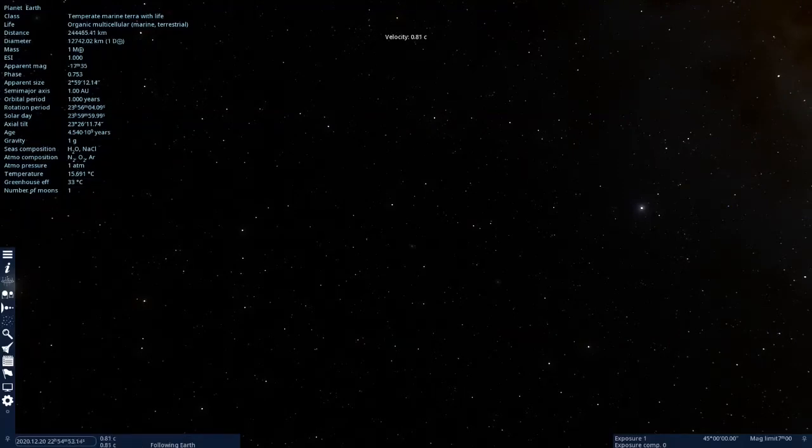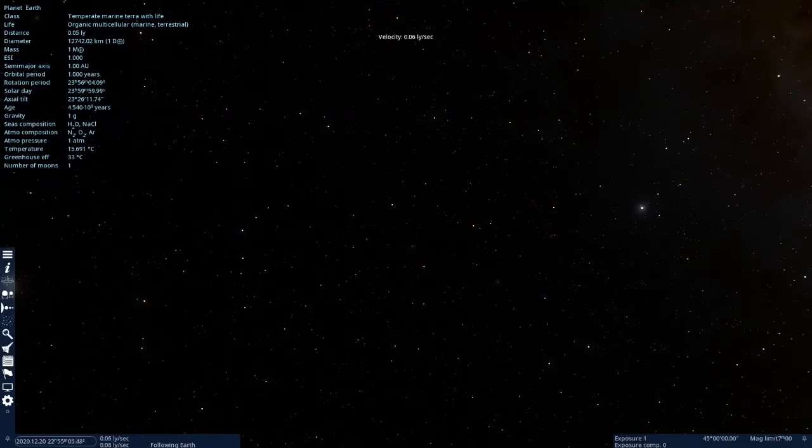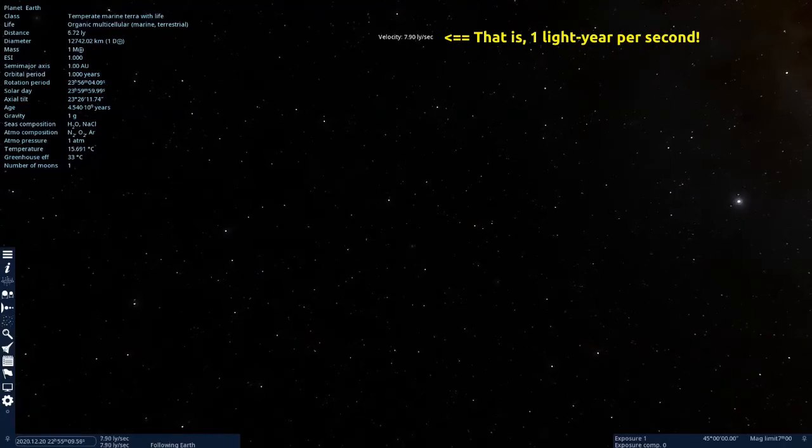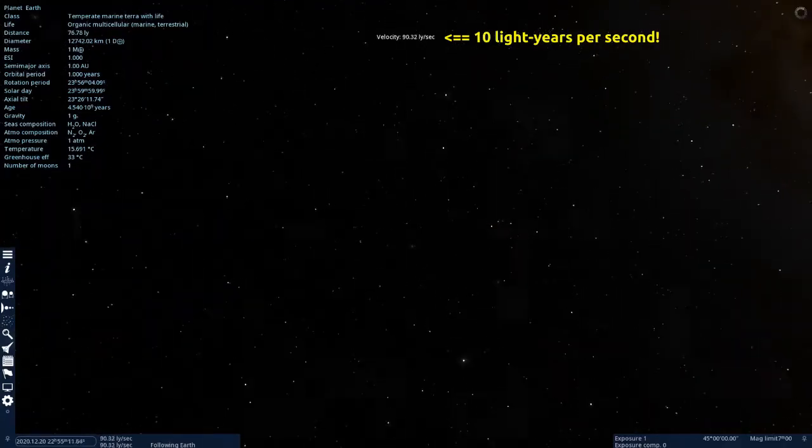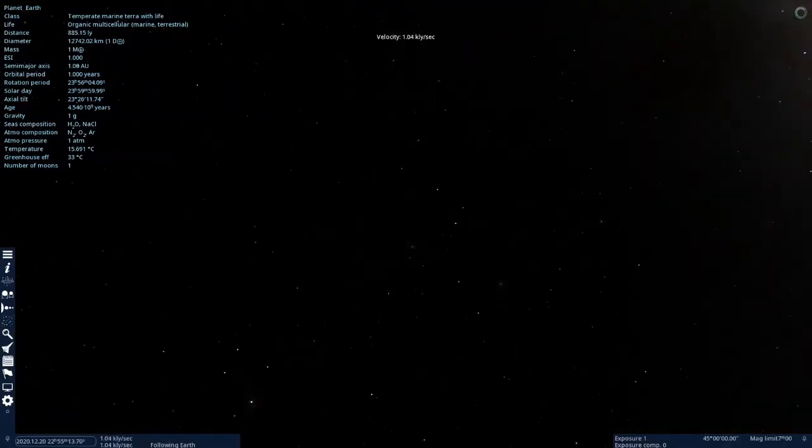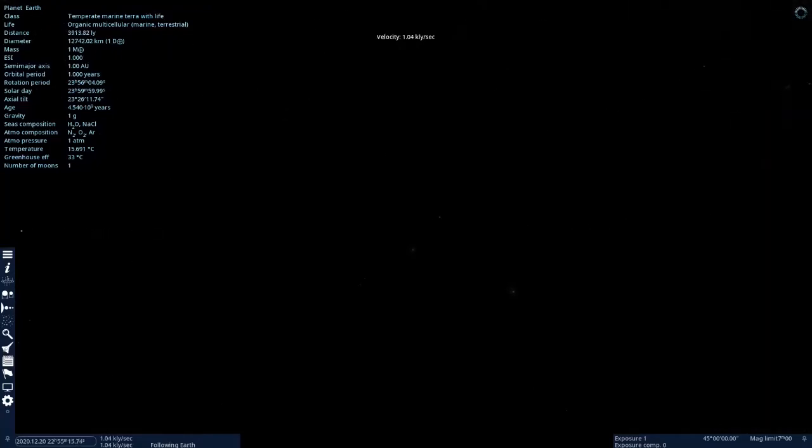Going the speed of light now. I'm standing on the accelerator button. Astronomical units per second, 100. Now we're going the speed of light, 10 times the speed of light, 100 times the speed of light. Let's get up to about 1,000. That was a little too much. I want to get up to about 22,000 light years here, just outside the Milky Way, actually.